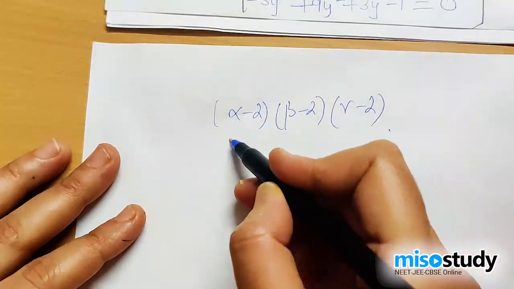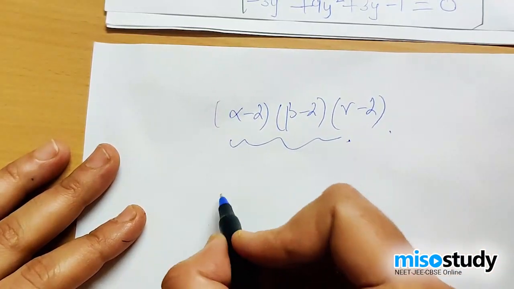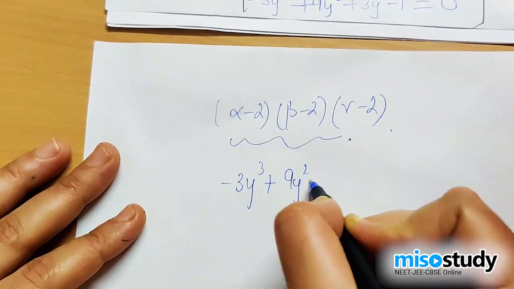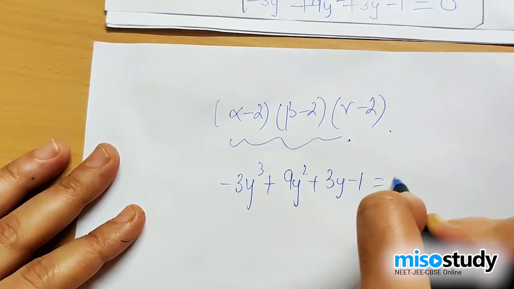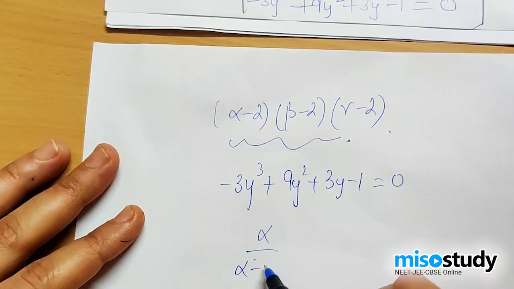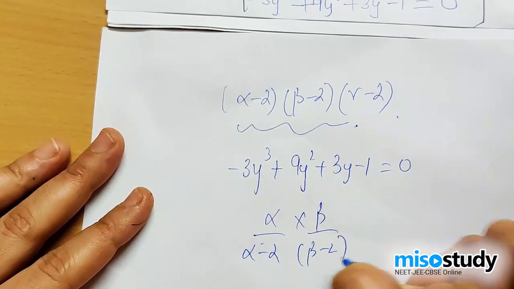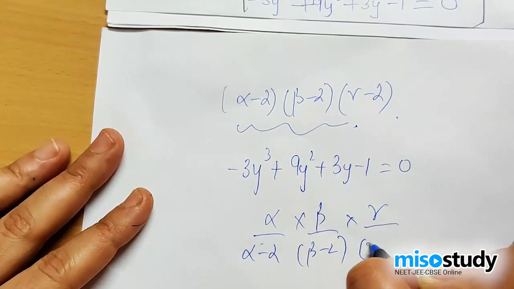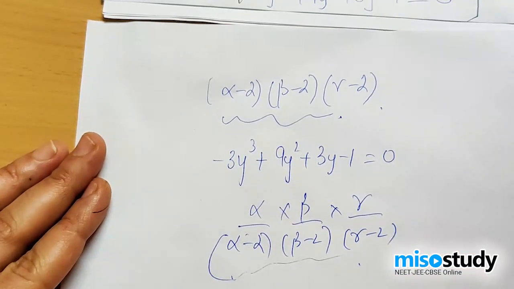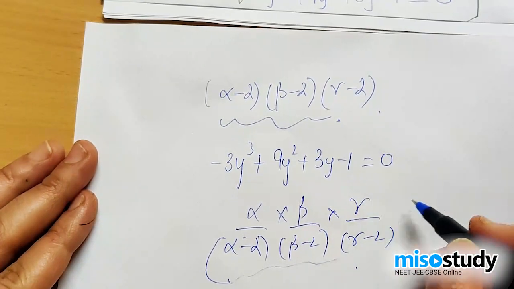Now, since we need to find out this value, I can clearly see that in the found cubic equation, if I take the product of the roots, which are the roots of this equation, only then will I get this term of alpha minus 2, beta minus 2. There is no other way in which I can get them together. So that means I need to take the product. So once I take the product, let's find out what the product of the roots is.